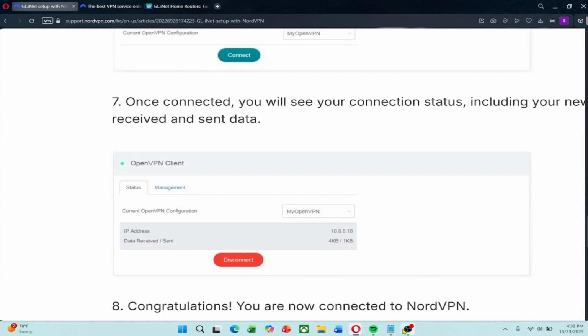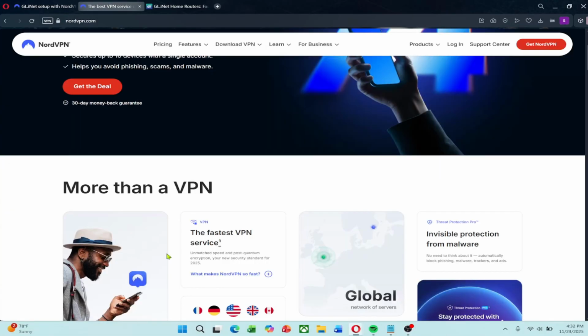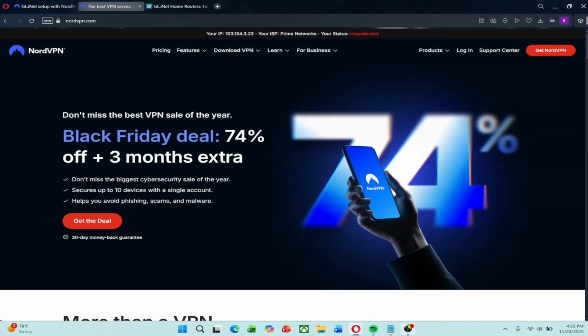To confirm your connection, open any IP checking website. It should show the NordVPN server location instead of your real location. Your GL.iNet router is now fully set up with NordVPN. All devices you connect to this router will be protected